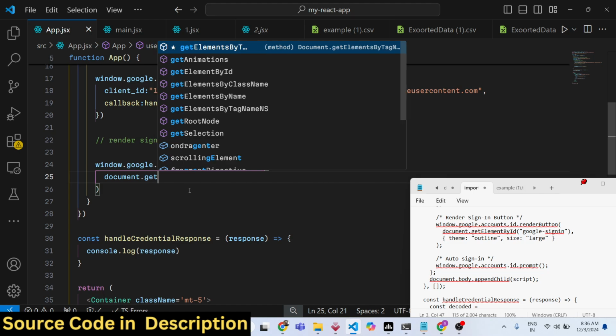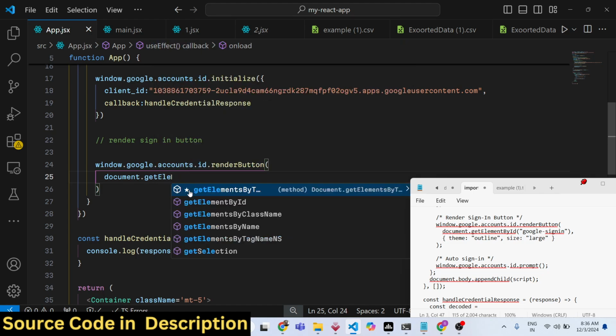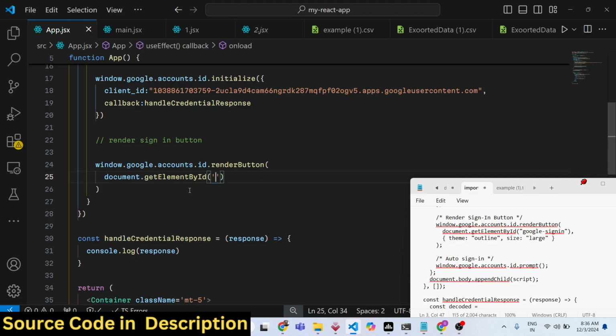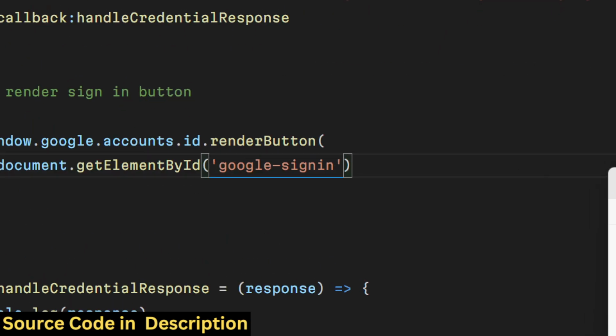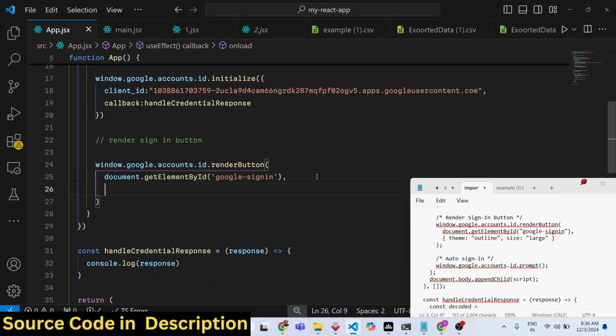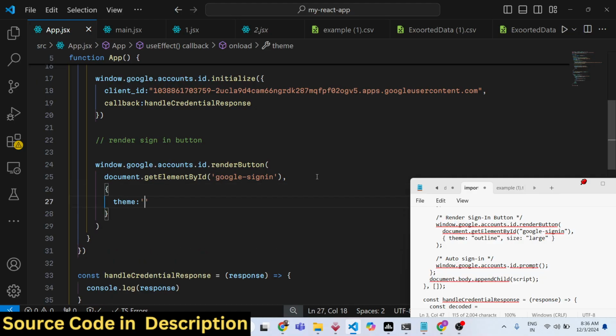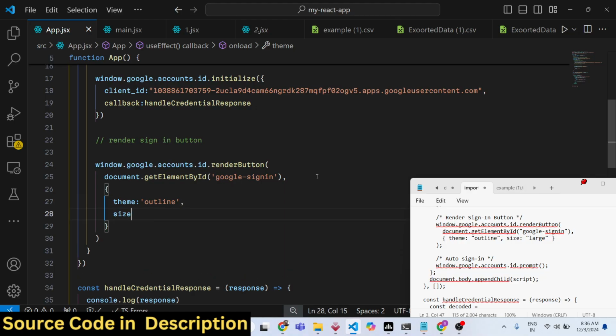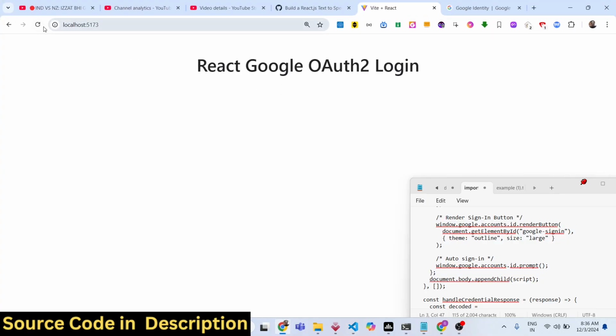So for this, we will target this by document.getElementById, and here we'll be pasting the ID of that div element, Google sign in, like this. And then the second argument is the theme of the button. So the theme of the button will be outline and the size of the button will be large. So if you just refresh your browser,